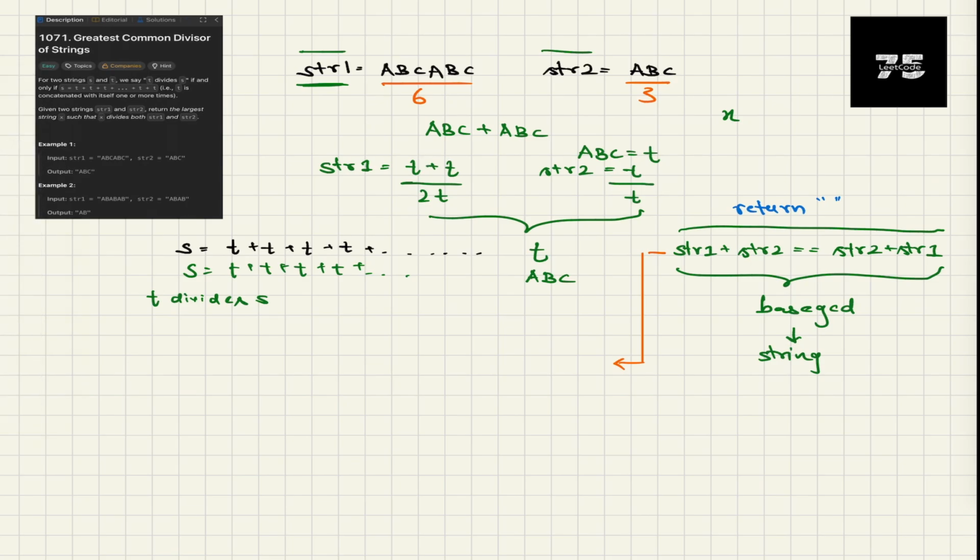We know the GCD of 6 and 3 is 3. So any string that divides both strings would be of this size, and if it is of this size, I can just return the substring,